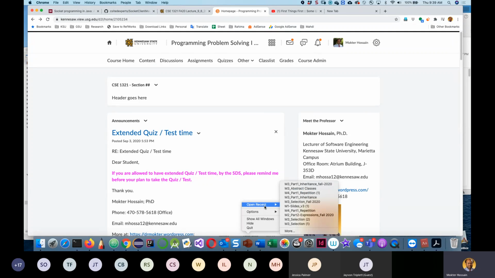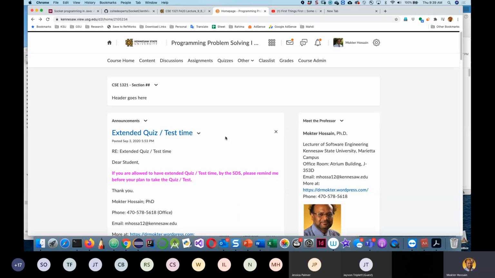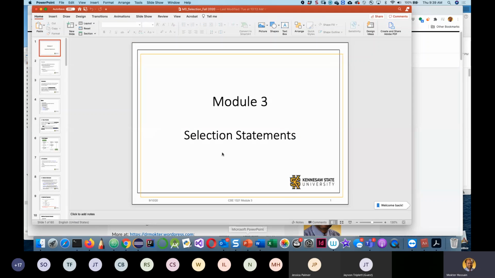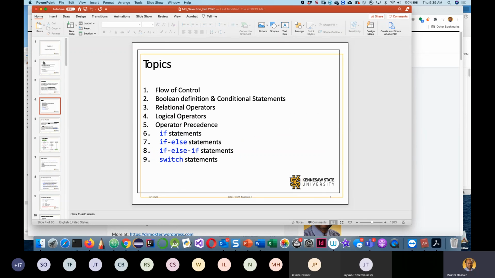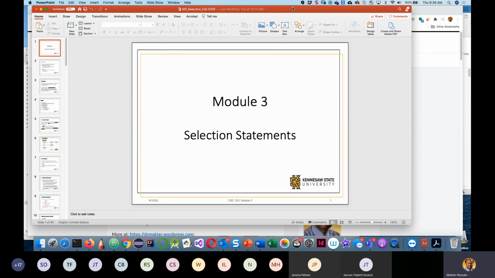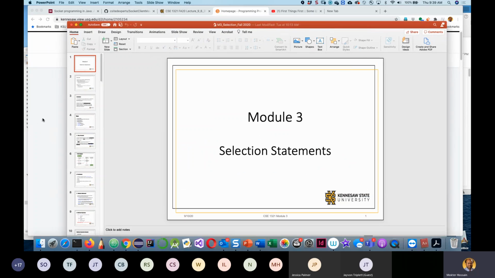Okay, now in our last few lectures, at least 2-3 lectures, we discussed some selection statements, right? I went through some activities. So for the coding part, mainly this module 3, selection. Module 3 will still be in your coding part. In order to do well in the coding part in the test,